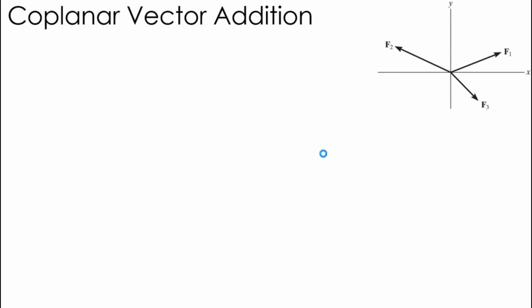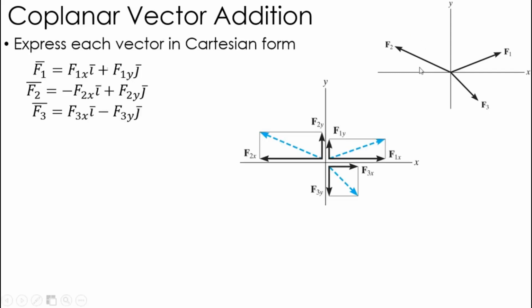And really, this kind of picture I have up here is why we would do it this way, because we can easily add 3 or more vectors together using Cartesian vectors. Using the graphical approach, I can really only do 2 vectors at a time, and this way it works much more efficiently when I have several vectors. Okay, so the first step is to break each of these vectors, F1, F2, and F3, into its Cartesian form. Basically, find the x and y component of 1, the x and y component of 2, and the x and y component of 3,